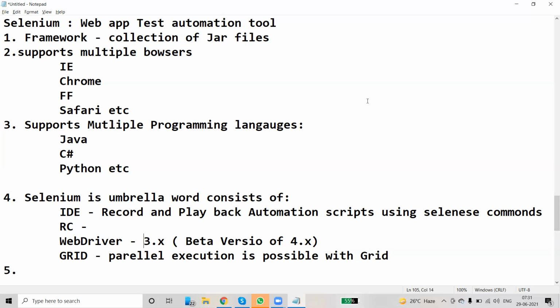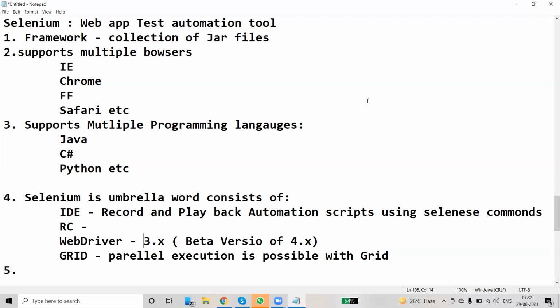Later on, they created Selenium RC and Selenium Grid. As I said, the objective of Selenium Grid is to execute scripts in parallel. Selenium Grid was created by Patrick. Earlier it was named Hosted QA; later they renamed it Selenium Grid. Selenium Grid basically sends commands to remote machines to execute simultaneously.